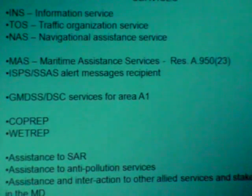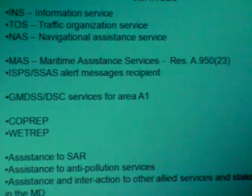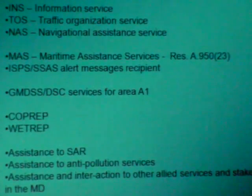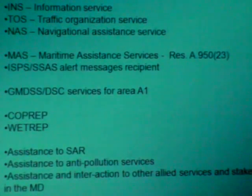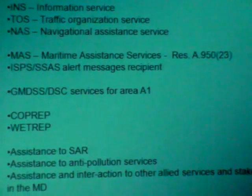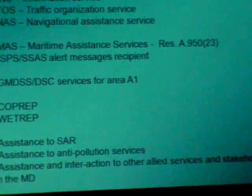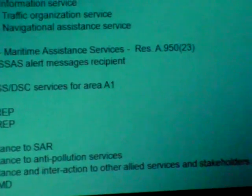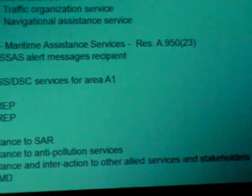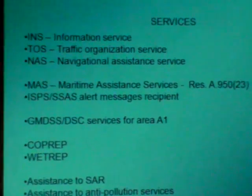Navigational assistance services may be provided on request to any ship due to special circumstances or abnormal meteorological conditions. Now, since June 2009, a mandatory reporting system, COPREP, off the coast of Portugal, approved by IMO Resolution MSC 27885, is in force, and the coastal VTS is the focal point for the reception of related reports. The reporting area covers about 50% of the VTS area and includes the two traffic separation schemes